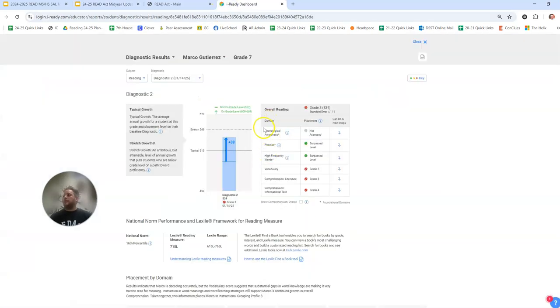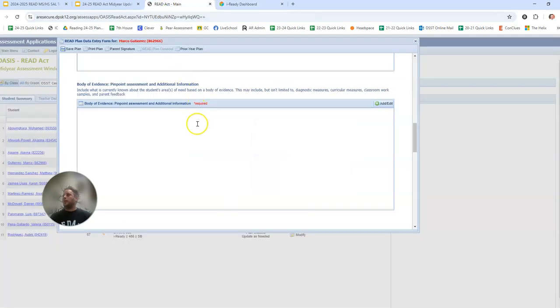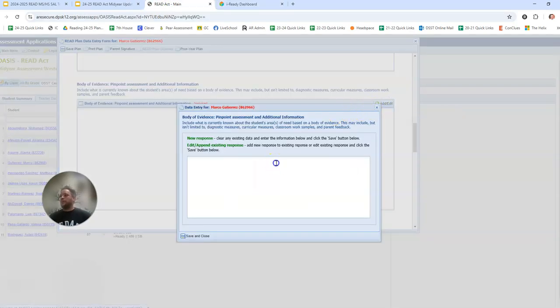So I want his domain and placement. I'm going to start at the top where it says phonological awareness, and go across and all the way down. So now I have 1, 2, 3, 4, 5, 6 categories and 6 data points. I'm going to copy that, go here, and add it here. Okay, and you can see it gives us everything he needs. Phonics Surpass level, phonics Surpass